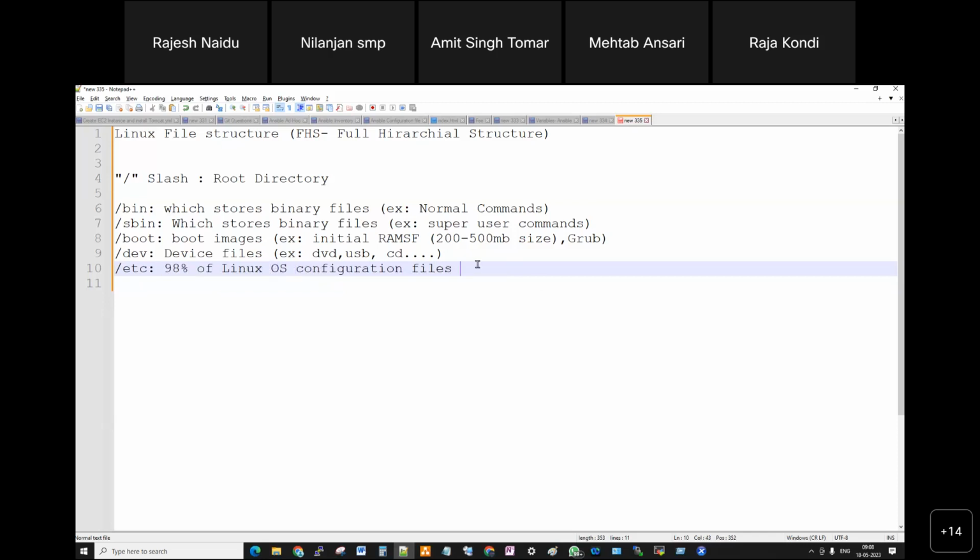That's why whenever you are executing any programs, mostly you'll go to /etc. In that directory only the configuration files are available. Going forward, mostly you'll be seeing this etc directory in the DevOps concepts, like web server configuration. In that area we will see.